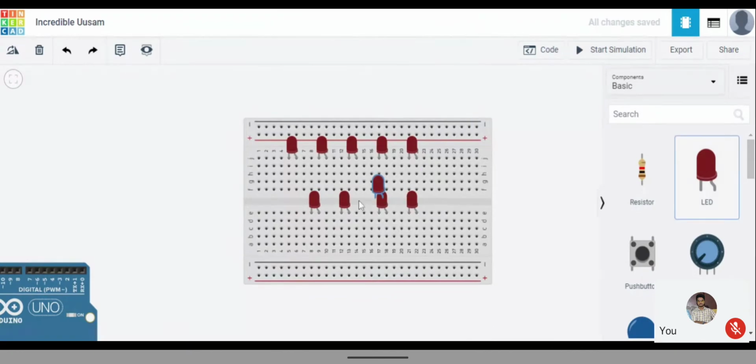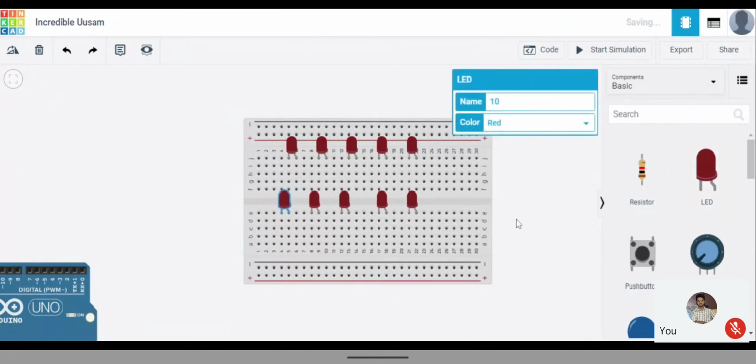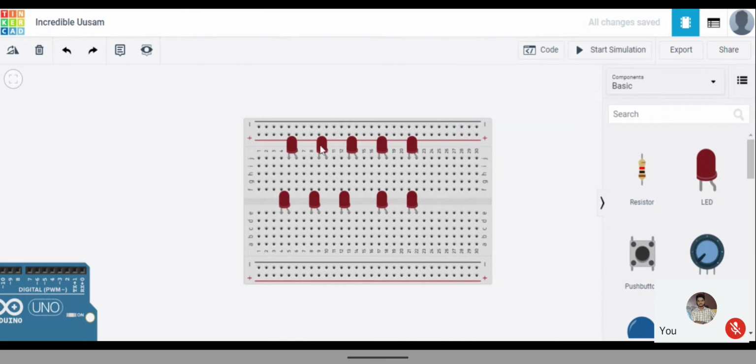Okay, I have 10 LEDs, and for some of them I'll change the color.